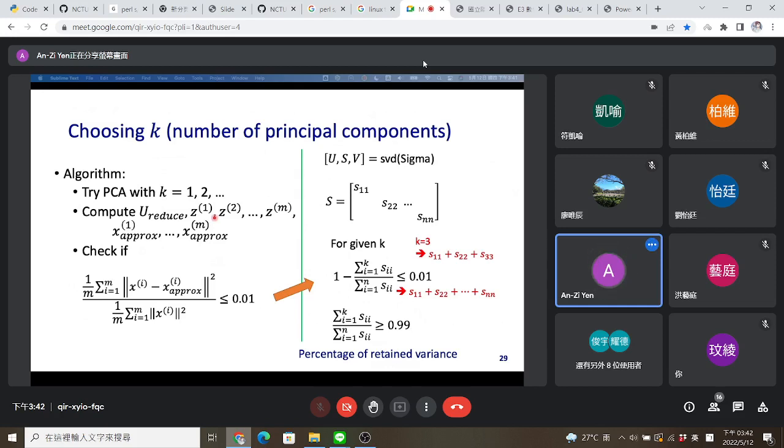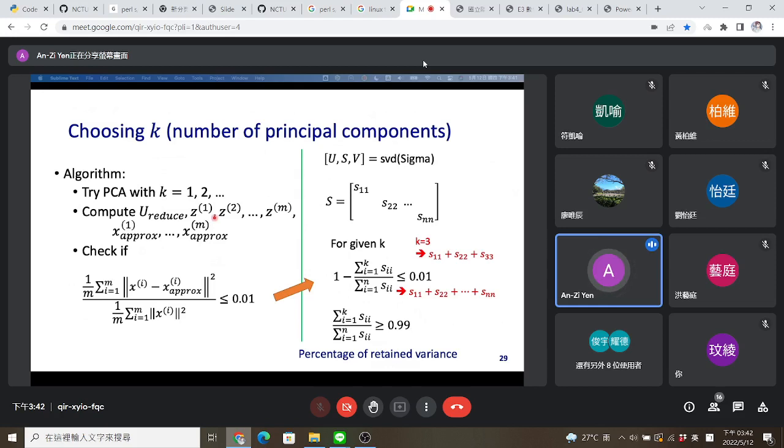Then we may find it meets our requirement that 99% of the variance is retained, and we use k equals 20 as our choice. So this is one way to choose the smallest value of k to make sure that 99% of variance is retained. But if we start from k equals 1, 2, 3 until we satisfy this condition,